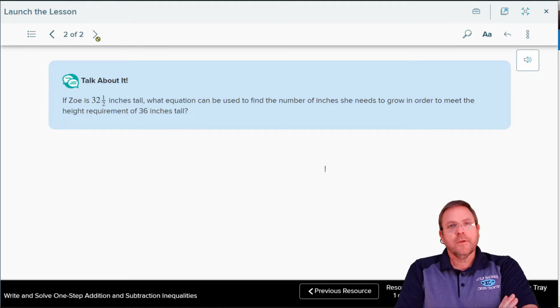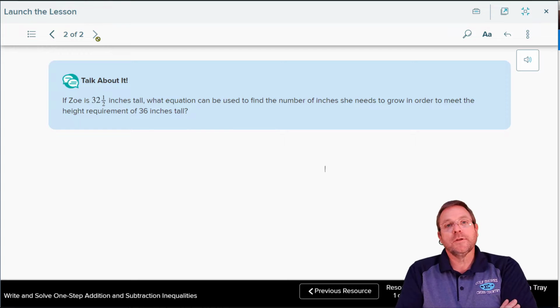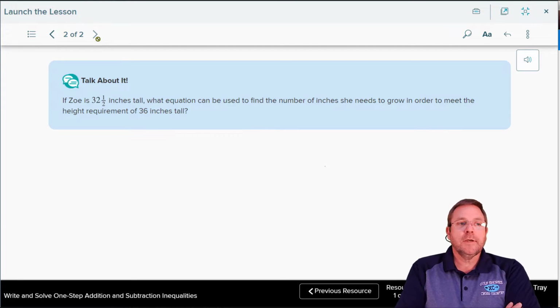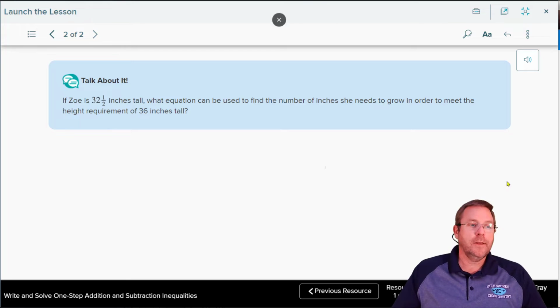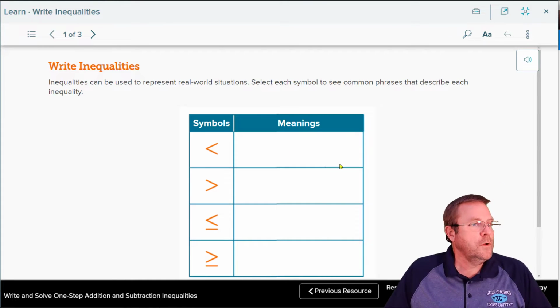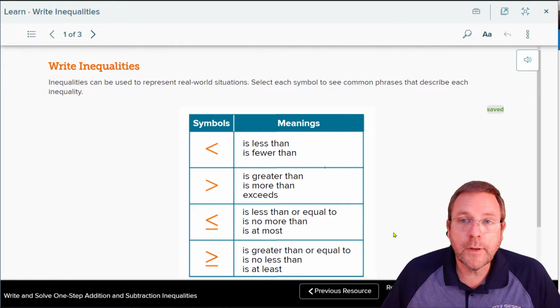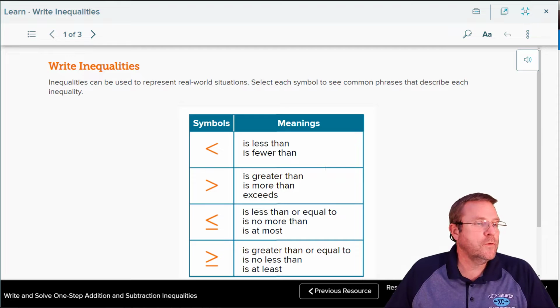If Zoe is 32 1/2 inches tall, what equation can be used to find the number of inches that she still needs to grow in order to meet the height requirement of 36 inches tall? These are the kind of things we're going to be learning about in this lesson. Now, for some reason, they showed us this slide again, and we looked at this one last lesson, so we're just going to skip over this slide and go straight on